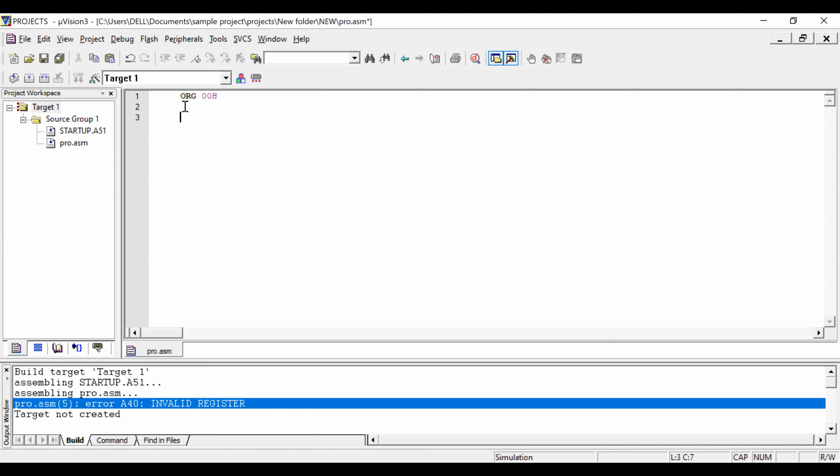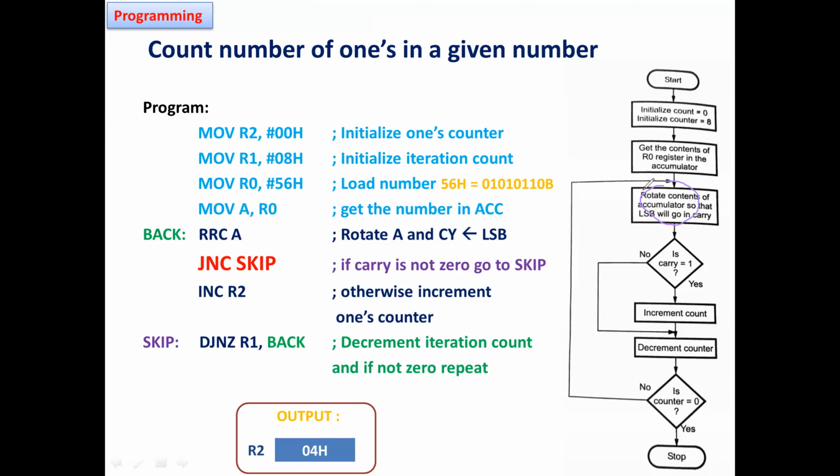The condition loop, see, after getting a data here, we need to rotate right side with carry. We are checking the condition that if there is a carry, then what it has to do.